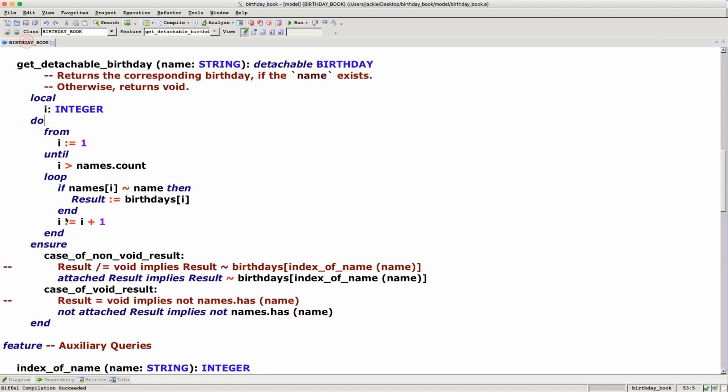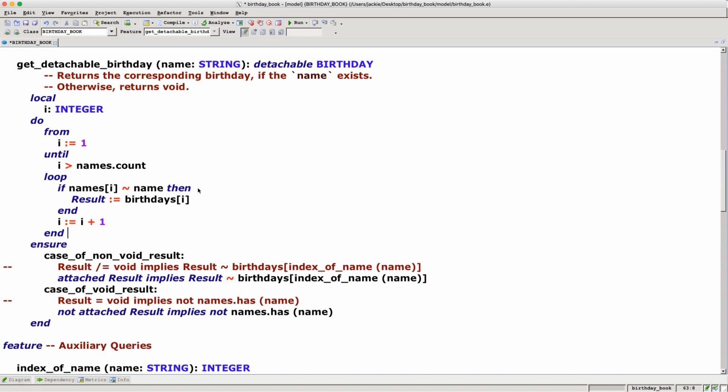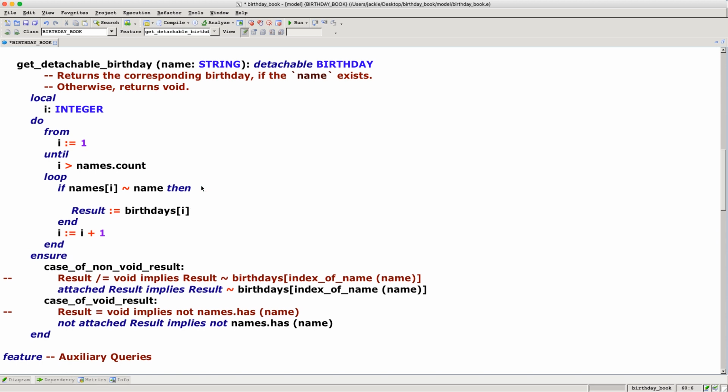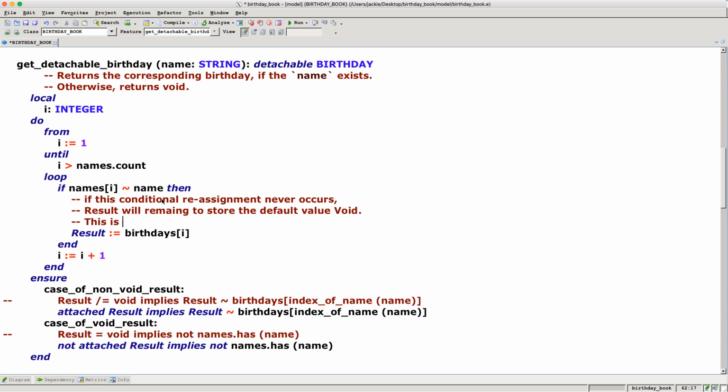Let me write the comments for you, and then I'll show you one more thing before we write the test. So here, let's say this. Never occurs. Result will remain to store the default value void. This is acceptable because